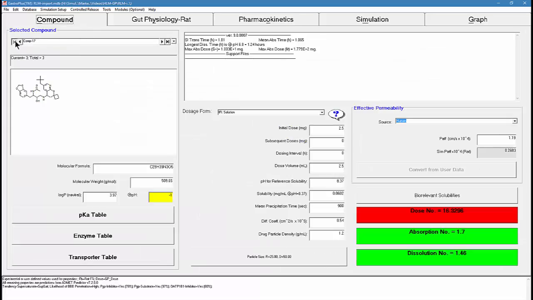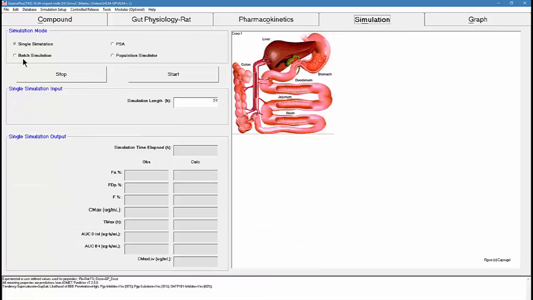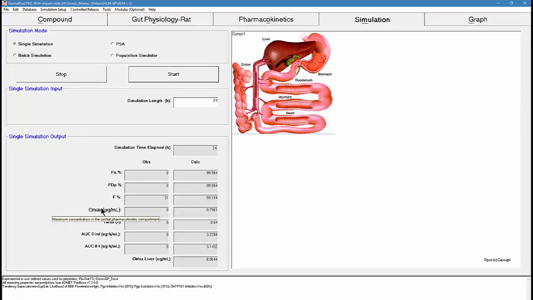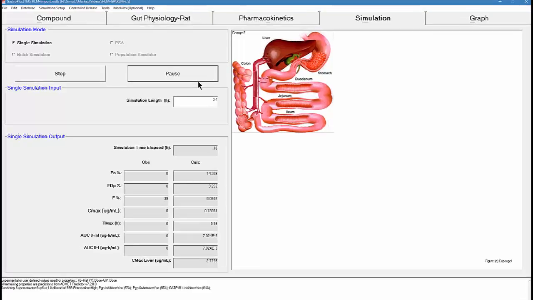So here we can go back into the first file, go into simulations. Now we could perform a batch simulation on all these records. I'm going to do them individually though. So I'm going to start the run. This was the first record, and it's the same as in the first example I performed initially. Okay, now we'll go to the next record, start that simulation, and again you see you get a different oral bioavailability here,